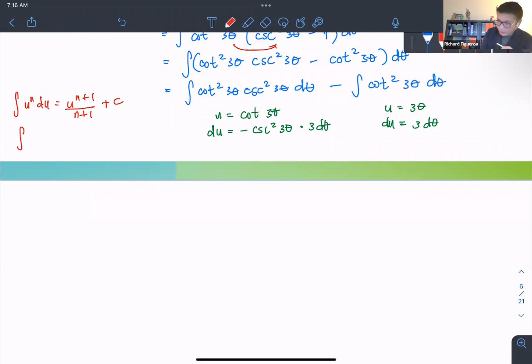The second one, we use the cotangent. So cotangent squared 3 theta. So what's the integral of cotangent squared 3 theta d theta? Or sorry, the formula. It should be cotangent squared u du, it's the same as